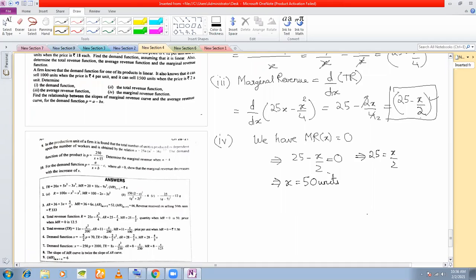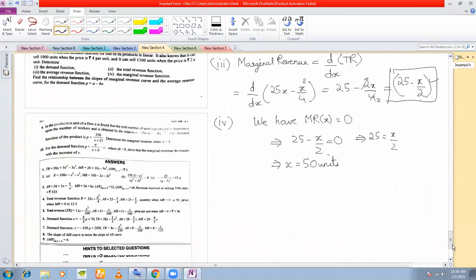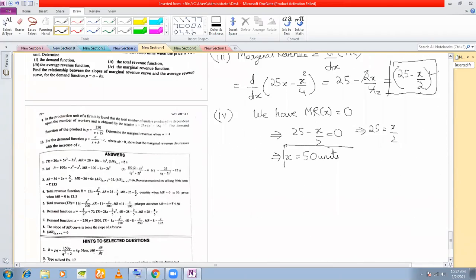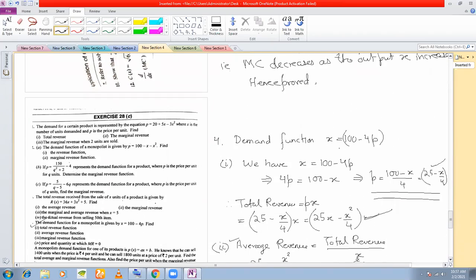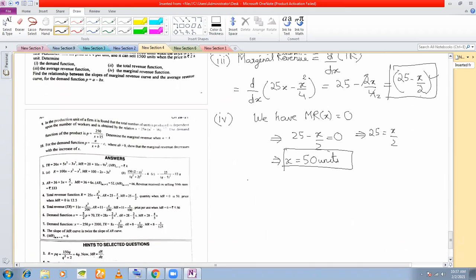And they have also asked the price. What is the price at which marginal revenue is 0? What you do is you put x is equal to 50 in the demand function. What is the demand function here? x is equal to 100 minus 4p, right? So we have the demand function is given as